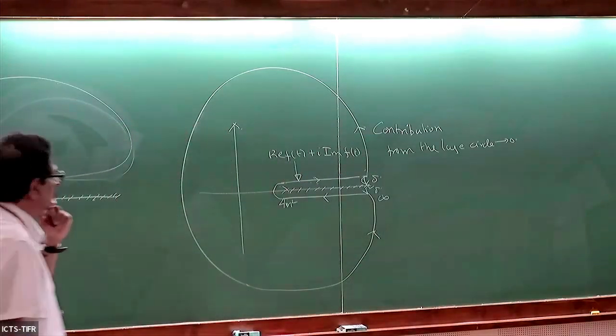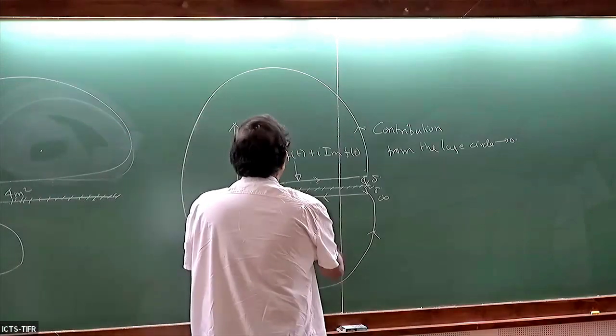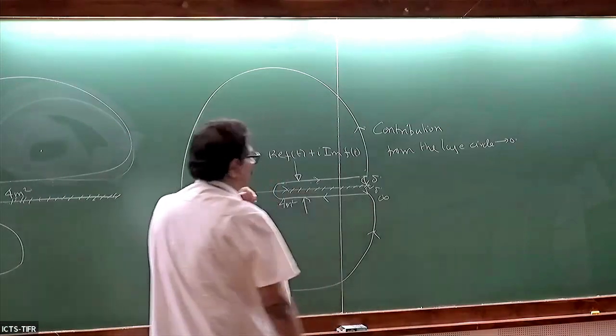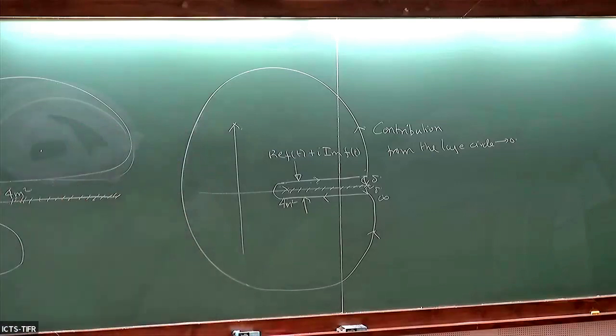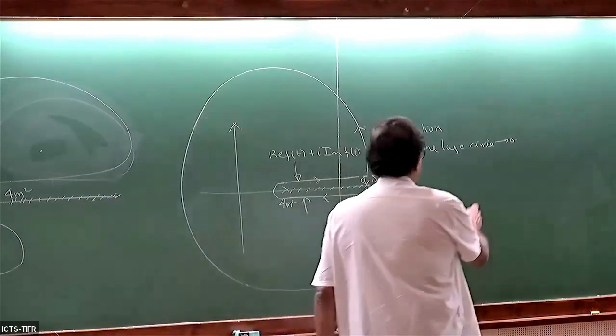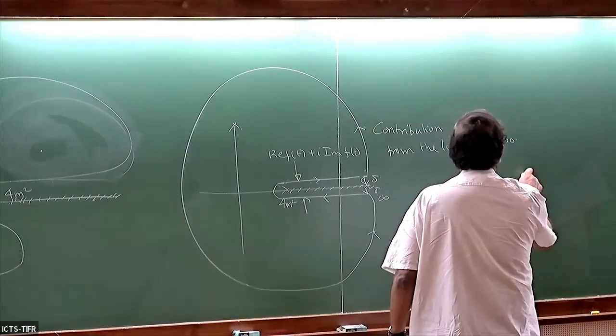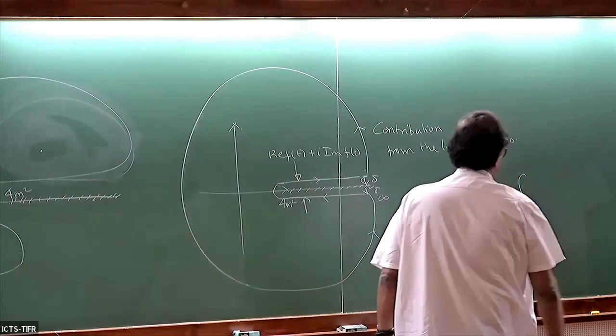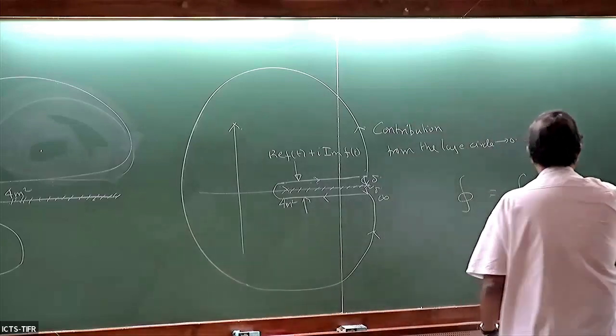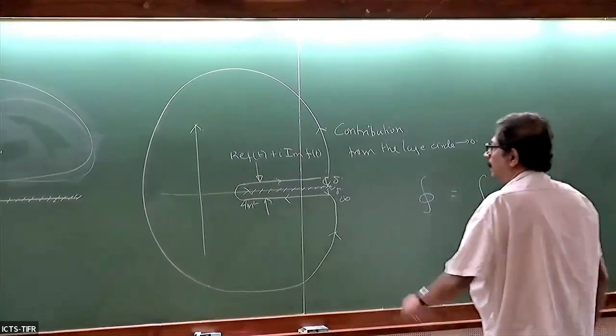Now I'm going to ask you to guess what is going to be the value of the function over here below the cut. I'm going to ask you to guess what is going to be the function over here below the cut. And if so, why do you think that that should be the case? Okay. Somebody tell me. So my integral now is going to be an integral from R plus an integral on